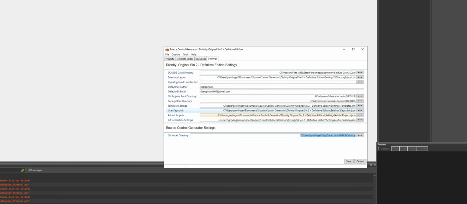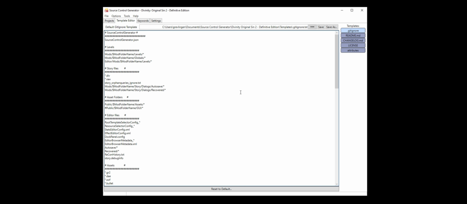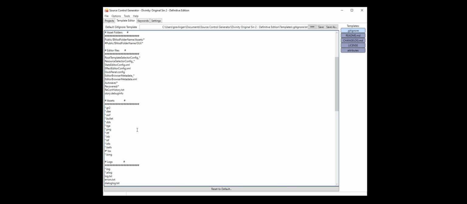And then there are some more paths here that define the template settings, user keywords, added projects, and the Git generation settings. So we want to do one more thing, and that is to change what sort of files we are ignoring. So we are going into the template editor and we're modifying this git ignore text. And we are basically commenting out a lot of this stuff because we don't want